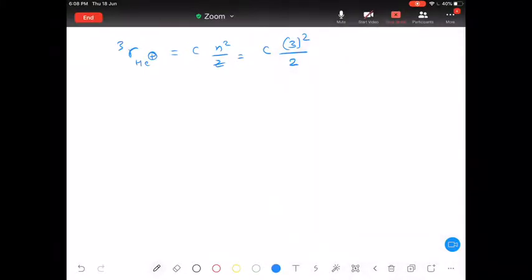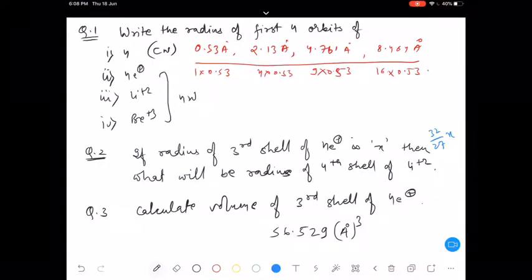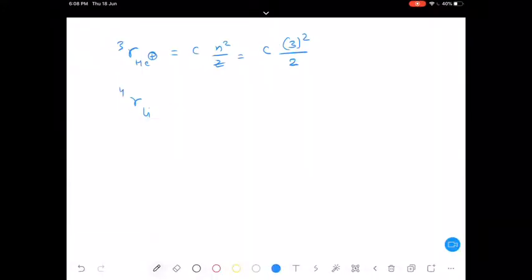Next, here similarly, we are taking the radius of lithium only, no? The radius of the fourth shell of lithium plus 2. That also I can write as C n square by Z. That I can write as C into n, which shell? Fourth shell. 4 square by Z, Z of lithium, that is 3. Equation 1,